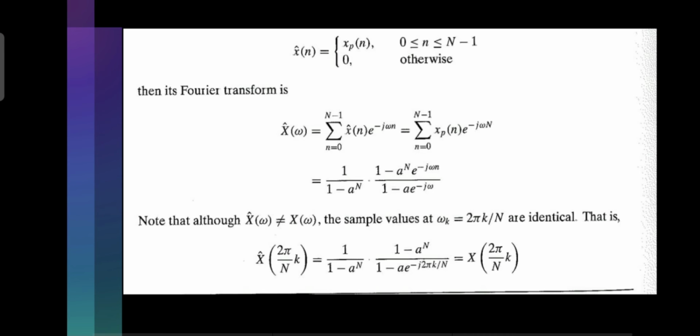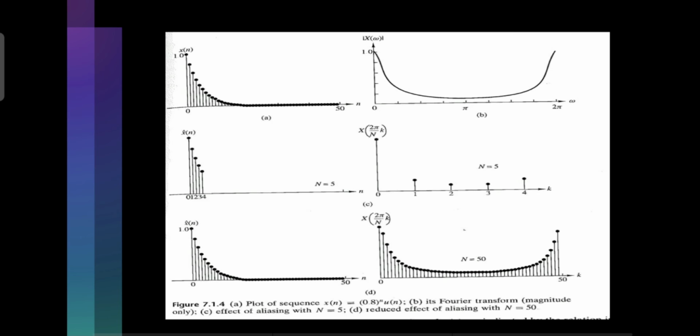The development in the preceding section is concerned with the frequency domain sampling of an aperiodic finite energy sequence x of n. In general, the equally spaced frequency samples X of 2 pi k by N, where k equals 0, 1, and so on till N minus 1, do not uniquely represent the original sequence x of n when x of n has infinite duration. Instead, the frequency samples 2 pi k by N, where k equals 0, 1, and so on till N minus 1, correspond to a periodic sequence xp of n of period N, where xp of n is an aliased version of x of n. In reconstruction from the figure, we see that our reconstructed signal is not very close to the original x of n, and it is because of aliasing.